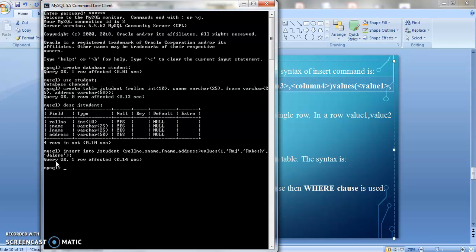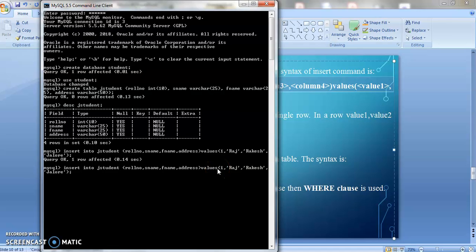Okay. Now suppose if you have to insert another row, again we will use this command. You can use the up arrow key. While using the up arrow key, the already inserted command which you have written just now will come. Now what you have to do, till values the format will be the same.